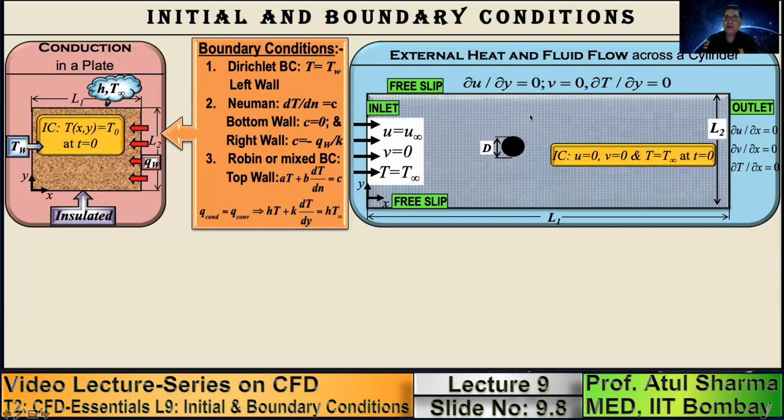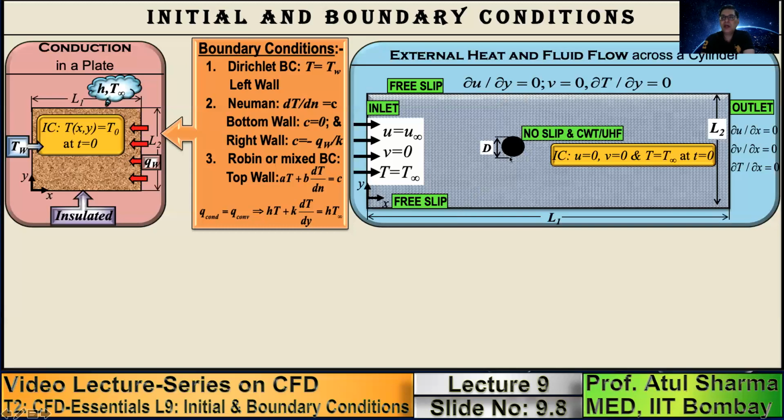So for an external flow problem, where we numerically solve the problem with this top and bottom boundary, we have to do an additional study, which is called a domain size independence study. And this free slip boundary condition is such that, on this horizontal wall, the normal velocity, the vertical velocity, is 0, and the normal gradient of tangential velocity is equal to 0. This is like an insulated type of boundary condition, which we use on the top and bottom walls.